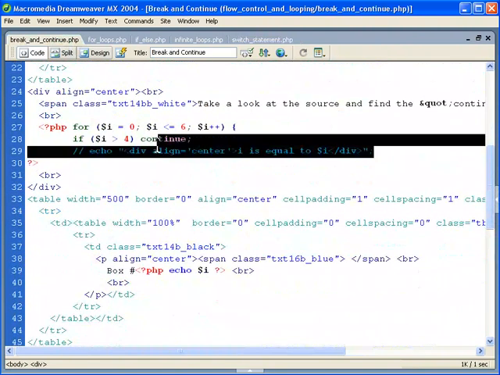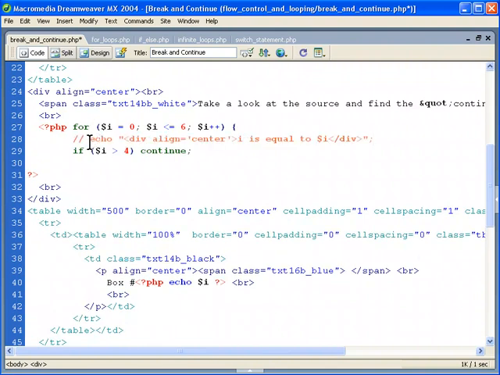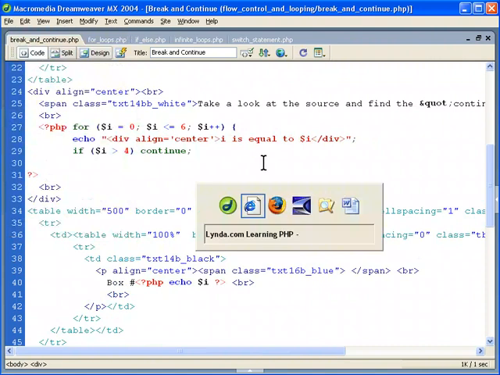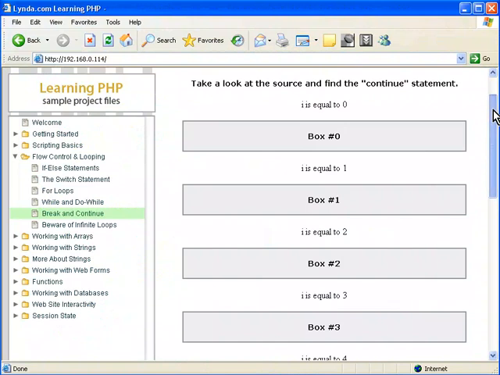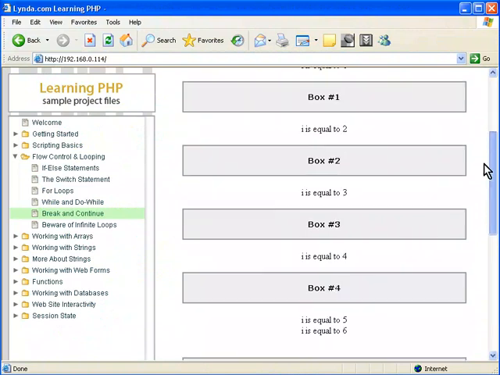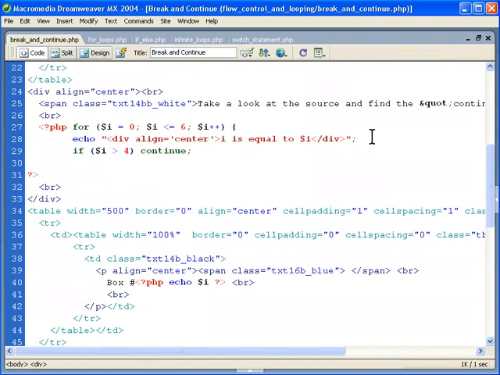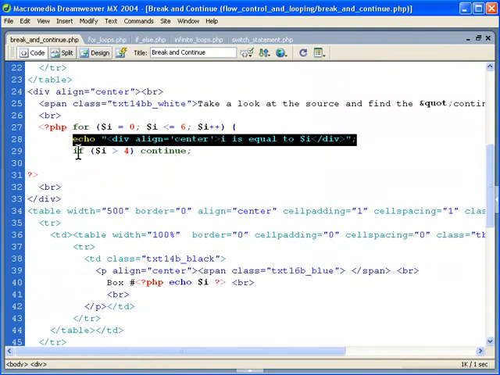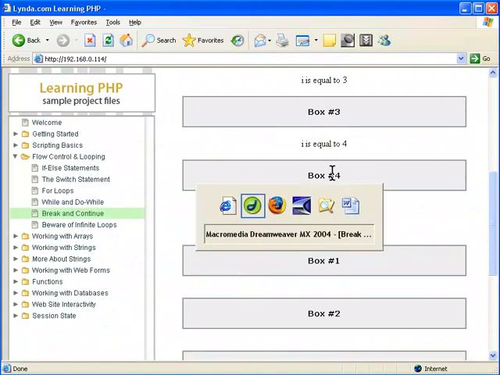Meaning that if we took this code here and placed it here, and we'll run that, you see that I is equal to 0, and it continues even when I is equal to 5 or I is equal to 6. That's continuing, because this code always gets executed. But if I is greater than 4, this won't get executed. It'll come back up, increment, and then continue printing this out again. That's continuing. Now with break,